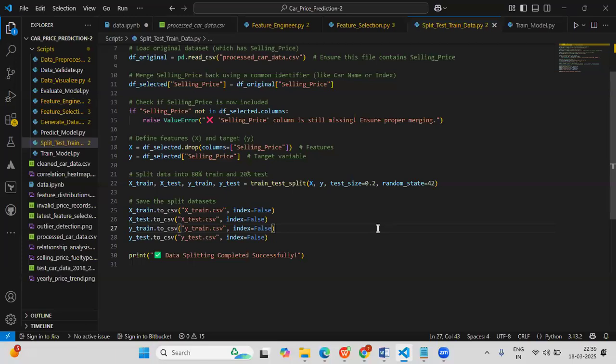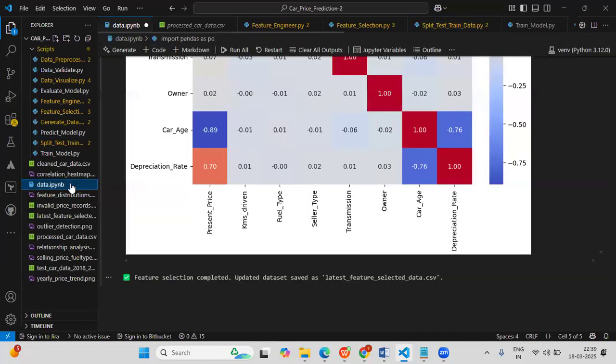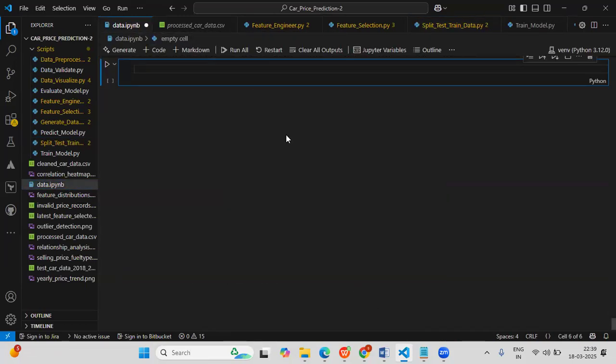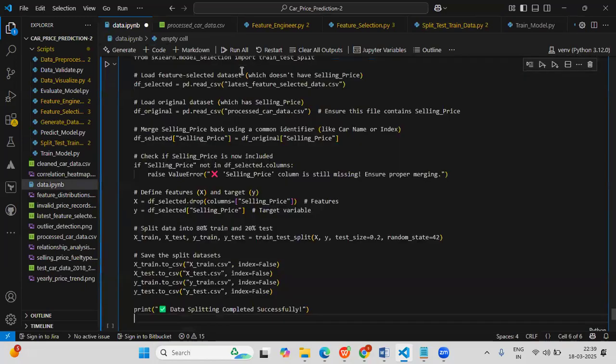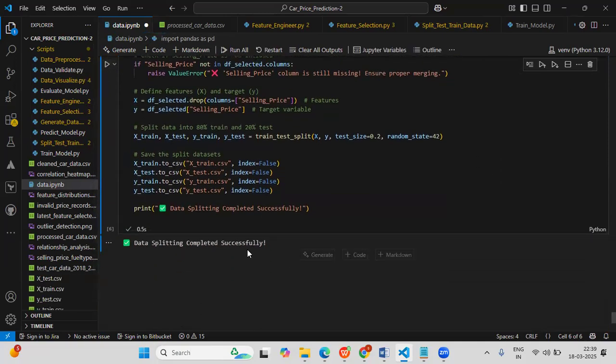Copy. And I will run. Now we created the data splitting for training and testing. So these are our CSV files for training and testing purposes. Now similarly,